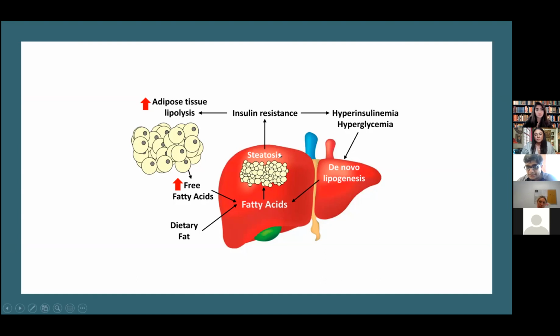Because they're in the liver, initially they will just cause fatty liver, basically fat in the liver, and eventually it will cause some damage to the liver cells. That is where the steatohepatitis or inflammation will start to take place. If this continues over a period of time, this is where cirrhosis of the liver, or permanent damage of the liver, will develop. So NAFLD, or fatty liver, will convert into steatohepatitis, and will eventually convert into cirrhosis